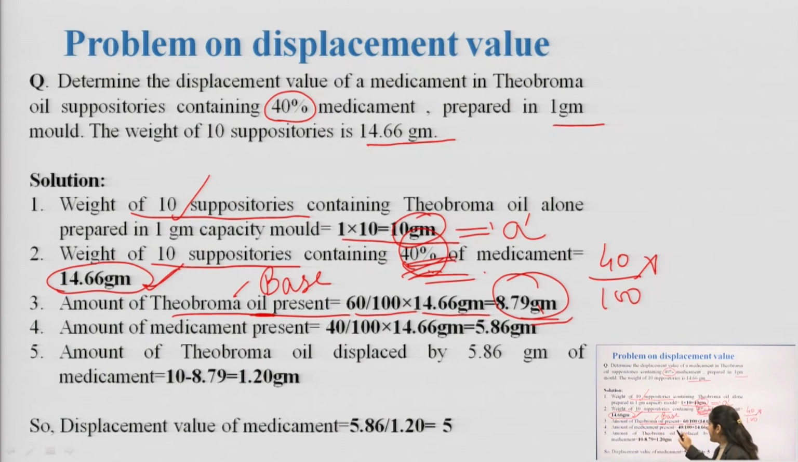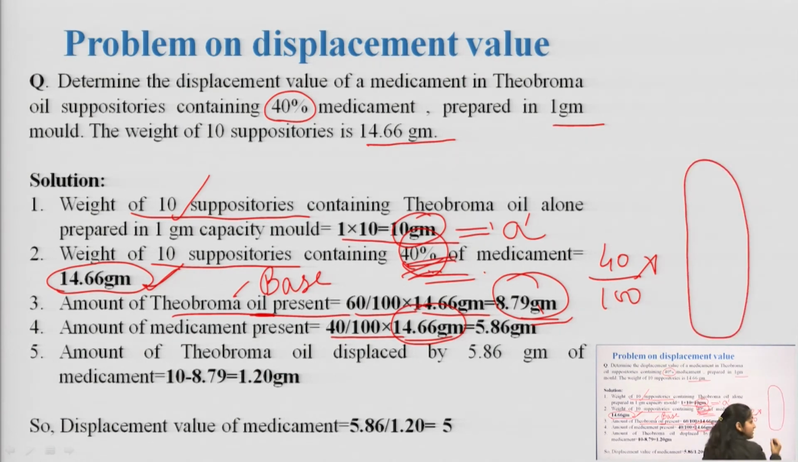So the amount of medicament present, because this is the total quantity of the suppository. Let me be more precise. Let us consider this as our suppository. Total weight of 10 suppositories is 14.66 gram. In this we have to understand how much is the medicament weight and how much is the